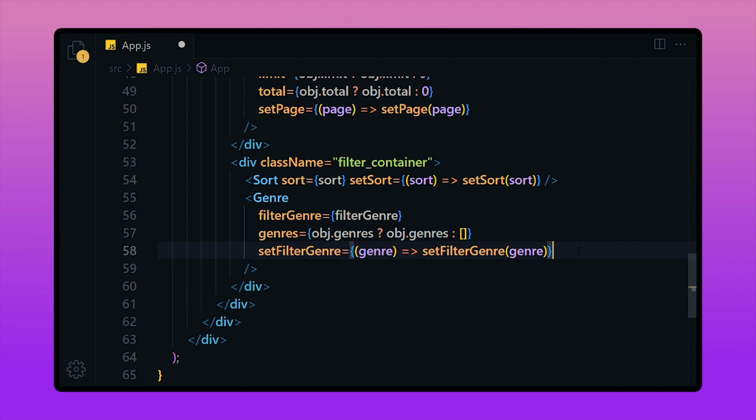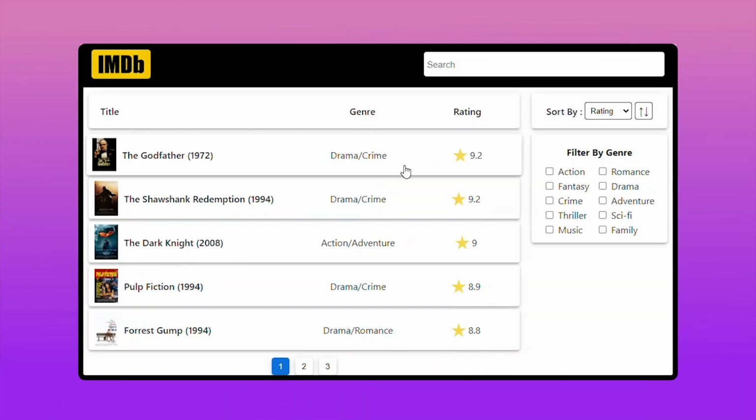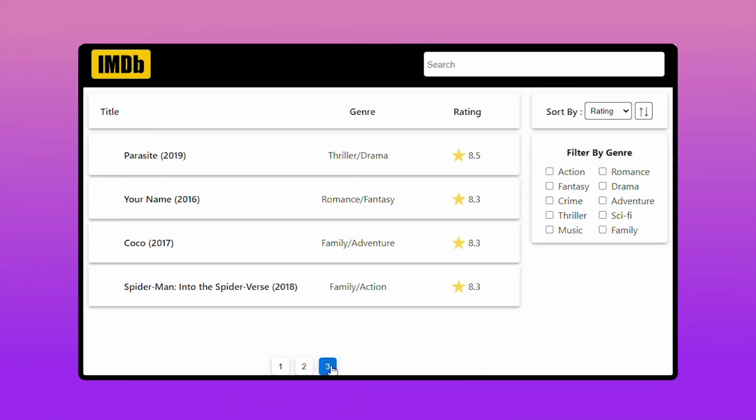For setFilterGenres function, we're just gonna create a simple arrow function which will take a parameter, and we're gonna update the filter genre with the setFilterGenre function by passing the parameter. Okay, we have imported our genre successfully. Let's save this file. Okay, we have completed our project.